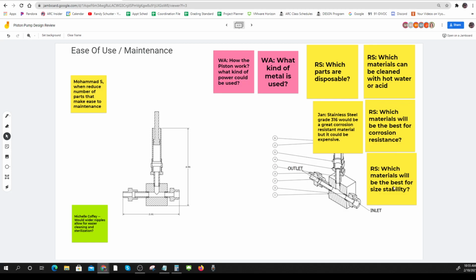Corrosion resistance, size stability. If this thing gets cold, it's going to grip down on these threads, and I don't think it'll be a problem. But what if you take it back and it gets hot? The big problem is, what do you make all this stuff out of? Size stability. So I'd like somebody, if you've got this part and it changes 60 degrees,